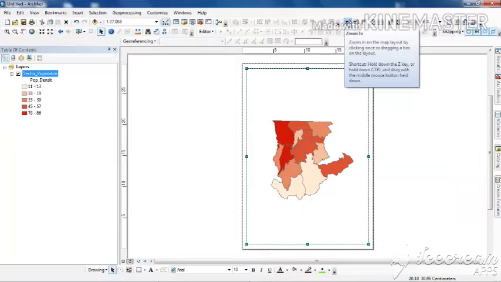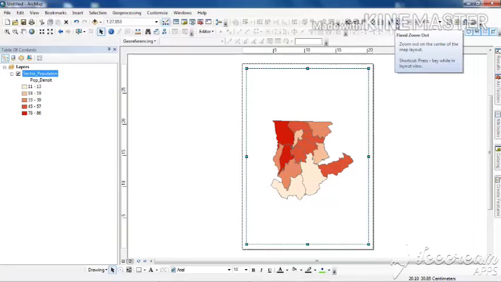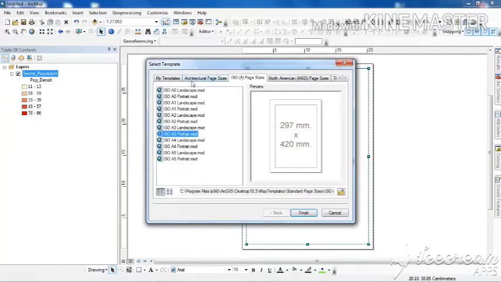This is for the zoom in, this is for the zoom out, this is the pan tool, this is for the zoom whole page, this is for the zoom to 100%, this is for fixed zoom in, fixed zoom out. Now we are noting the data in 45% extent, and this is to change the layout. Basically, you should understand which particular type of layout form you will take when you are working on a particular classroom project.